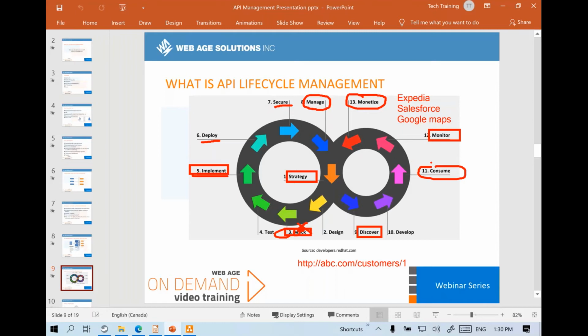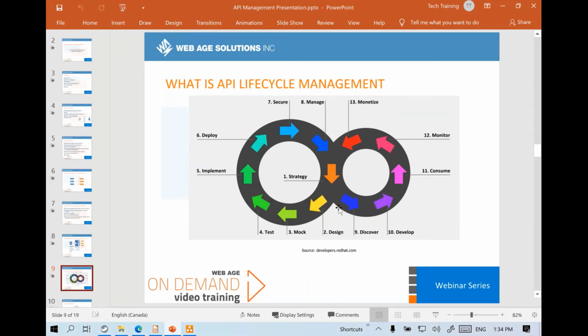So if nothing else, you can choose to make your APIs discoverable, and then let developers know these are the APIs available to them, and you can monitor the APIs, see which APIs are more popular, which are less popular, and so on. Overall, API lifecycle management involves lots of things, and when you use any professional off-the-shelf solution, such as Apigee or WSO2, you can use TYK, you can use Azure API Management, they all offer these benefits.